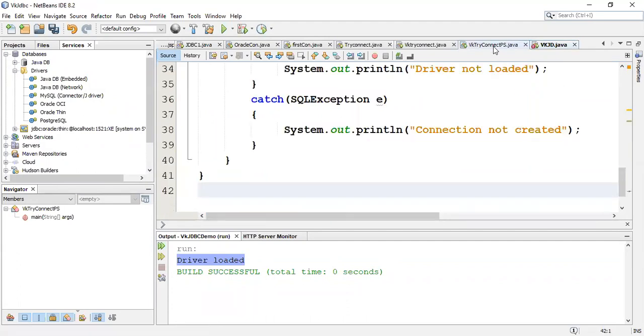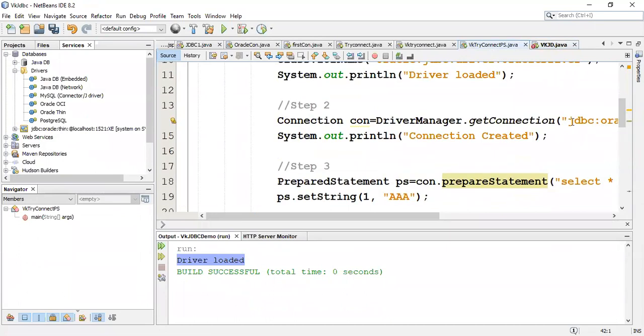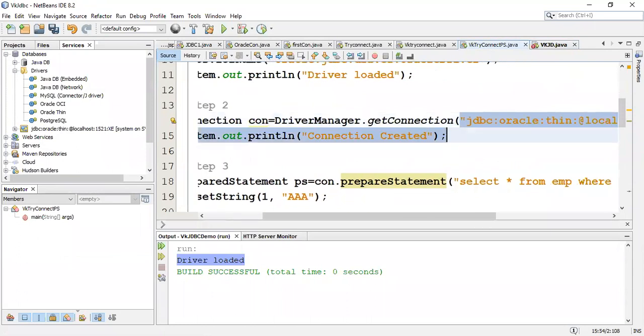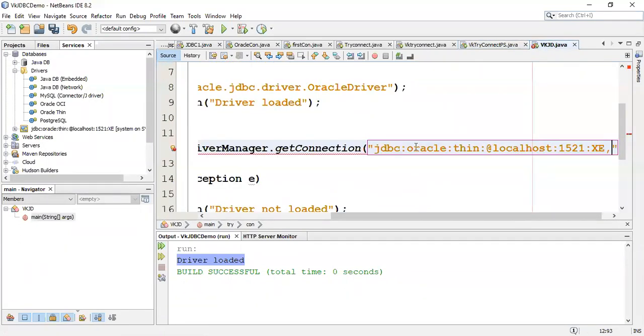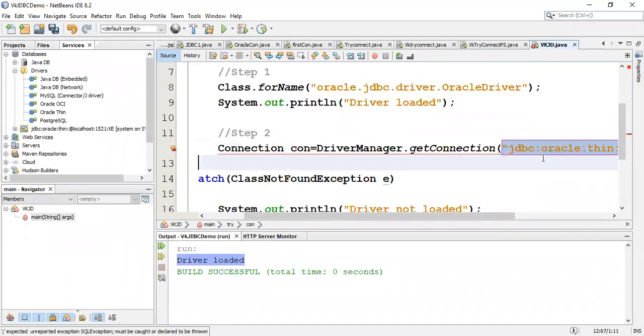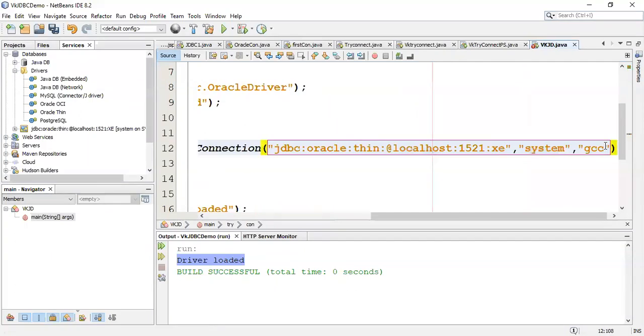Now instead of typing, I will just copy it from my previous program. So all the three parameters I have pasted.